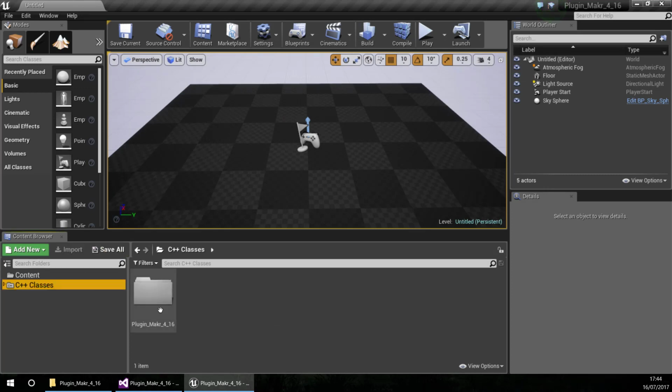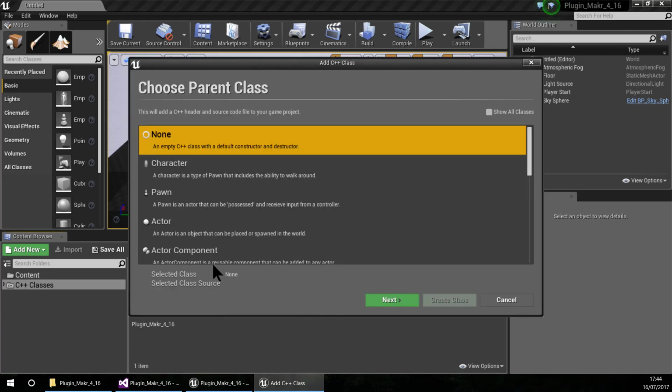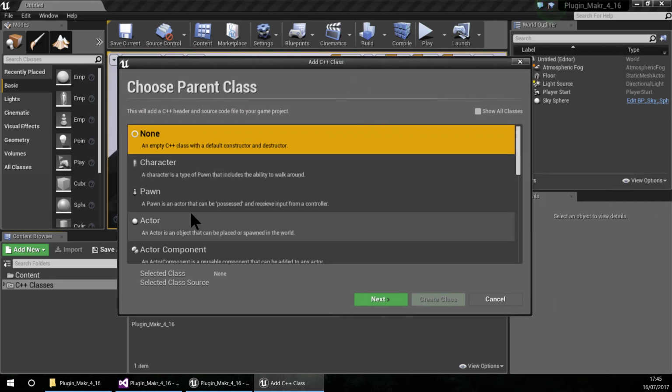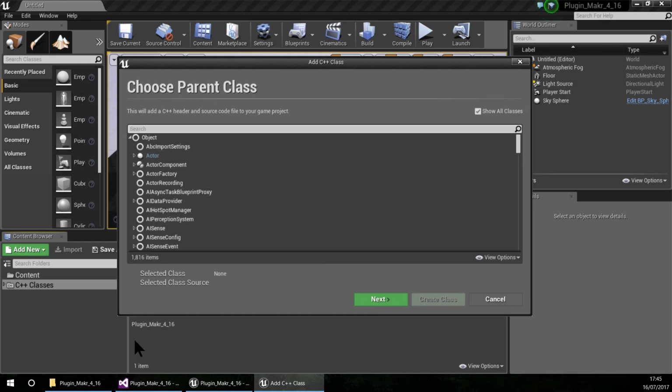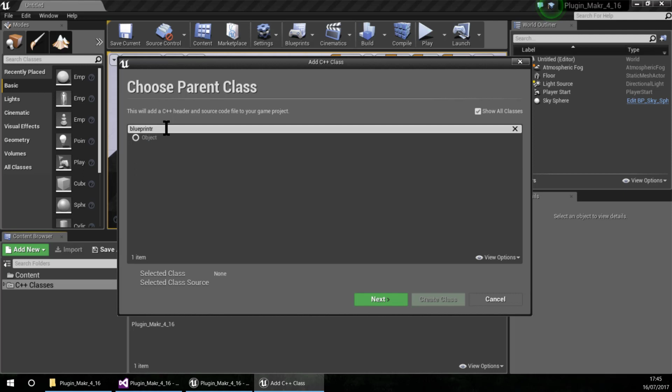Now let's create a C++ class here, and for this game module I'm going to create a blueprint function library. Now you can create classes using this automatic method, but you can also create files manually. But for the first time I recommend you to create the classes using this, because some dependencies are created automatically while using this method. So let's create a blueprint function library,